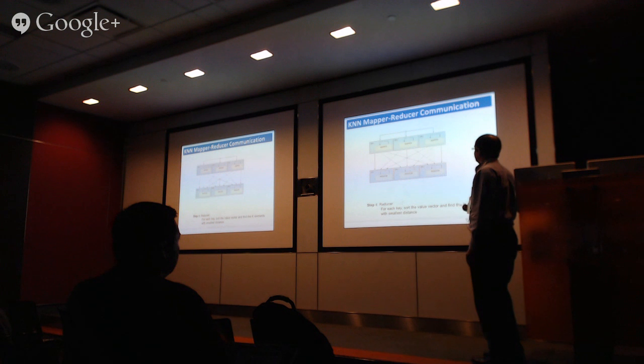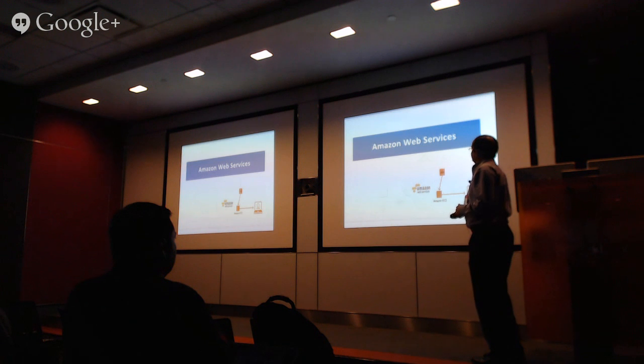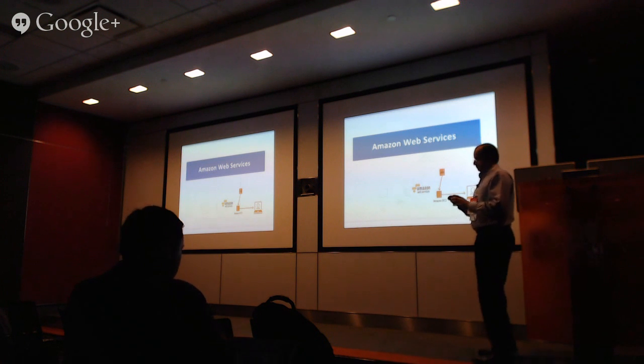So it's nothing much over here. Sort the vector values and find the k elements with the smallest distances. The reducer output here is not iterative, and that is MapReduce for this. So now, for the last few minutes, we have